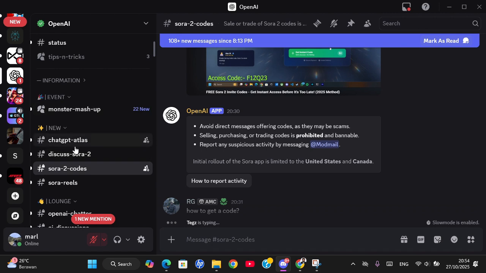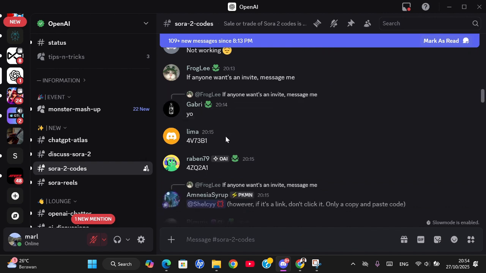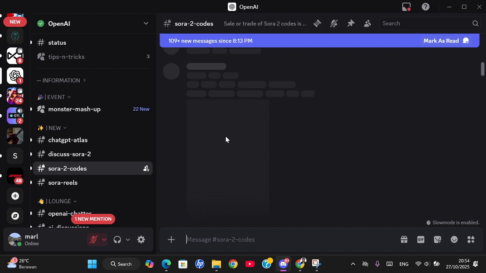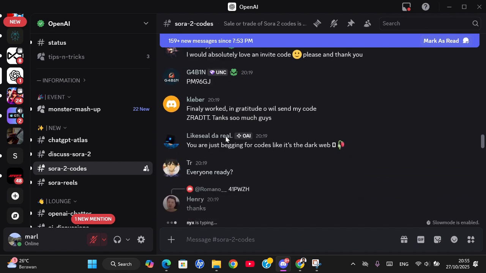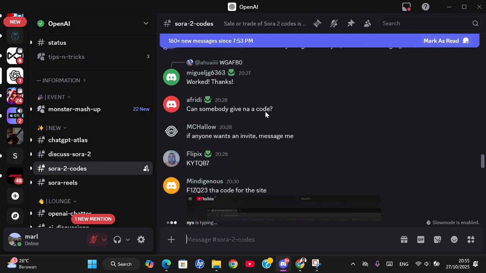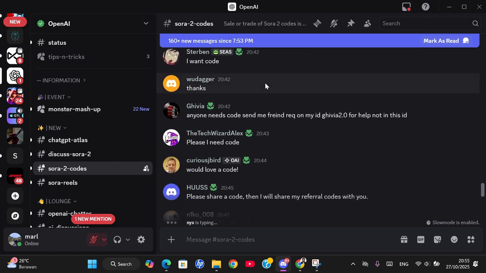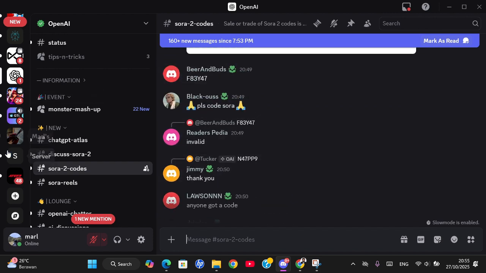So the channel only appears after you get the verification from OpenAI. And then you just need to go to the channel and then you can get the invite code here. Usually the other users share it for free, so you can try, but you need to be fast because maybe someone else has already redeemed the code. Okay, you can explore the code here,